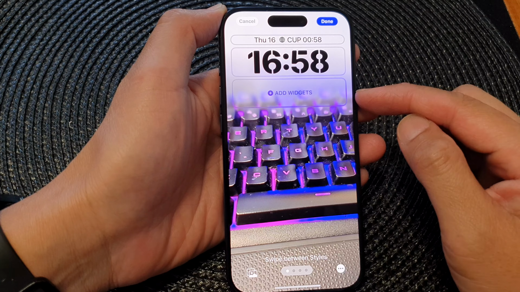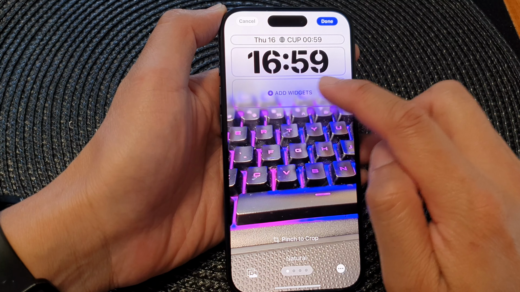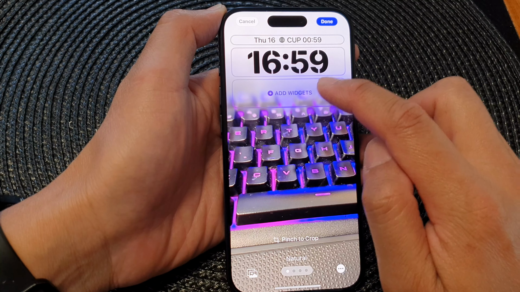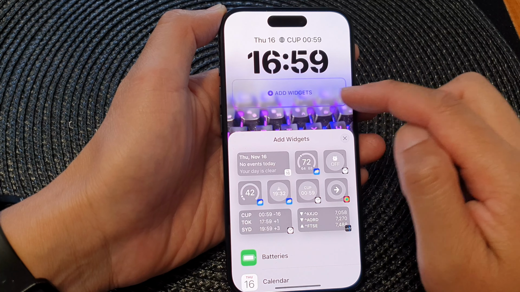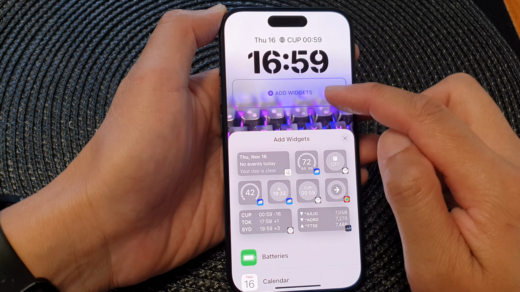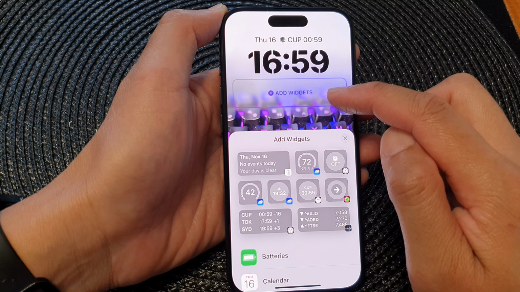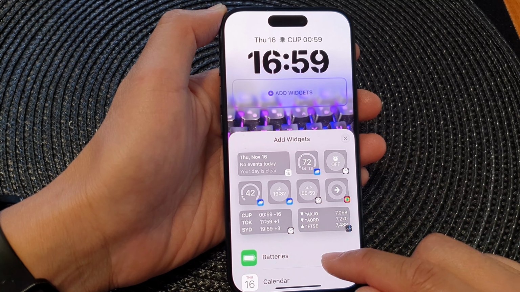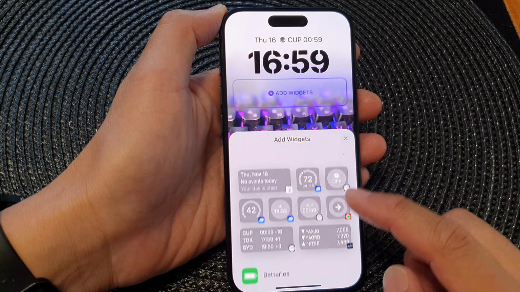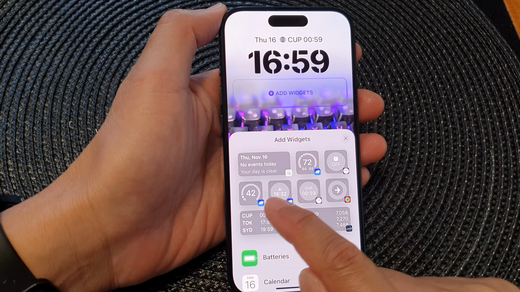Now at the bottom here, tap on add widgets, or simply just tap on the widget panel. If you already have another widget here, you may need to remove it before you can add in newer widgets or more widgets. Now if we scroll down, at the top here there are some weather widgets already, but